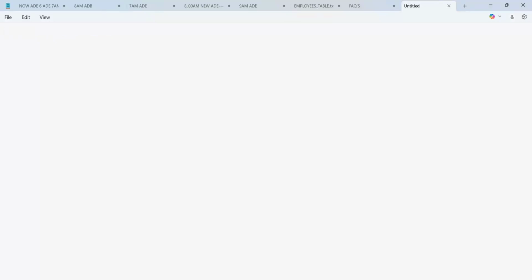Okay, so let's begin with Azure Data Engineering. What is Azure Data Engineering? Okay, guys, let's start from the basics. When we talk about Azure, Azure is nothing but the name used by Microsoft to market their cloud services.